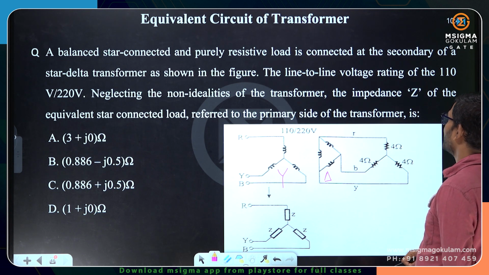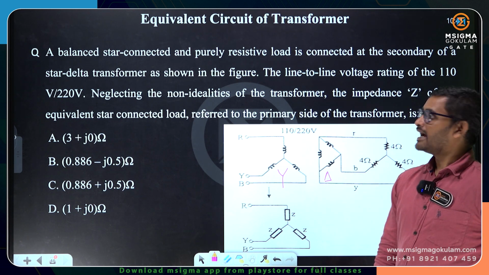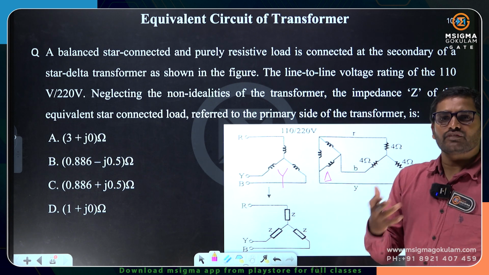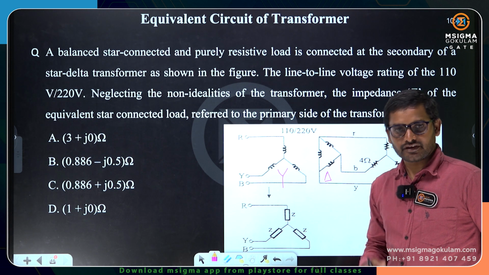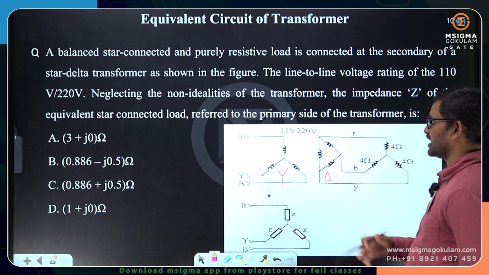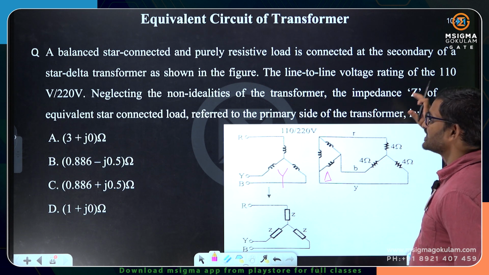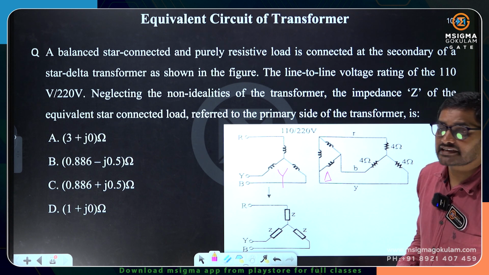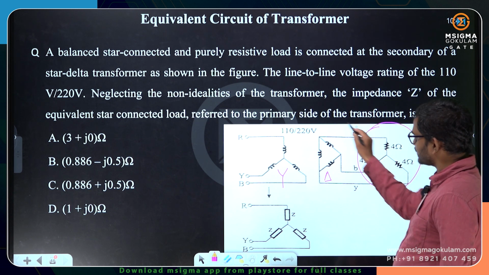Now the line to line voltage rating of the transformer is 110 by 220. Neglecting non-linearities. Non-linearities mean the core will have non-linearities like saturation non-linearity and hysteresis non-linearity. We will be discussing them in harmonics in the upcoming chapters. Neglecting the non-linearities in the transformer, the impedance Z of the equivalent star connected load referred to the primary side